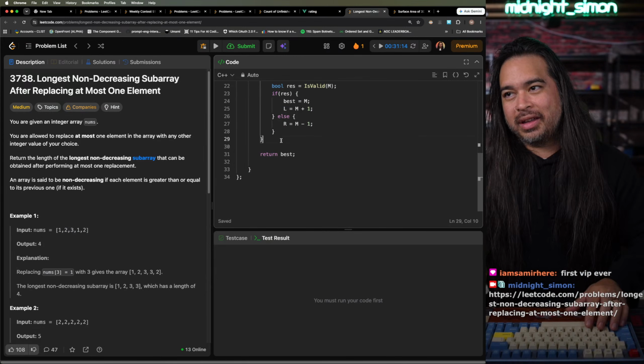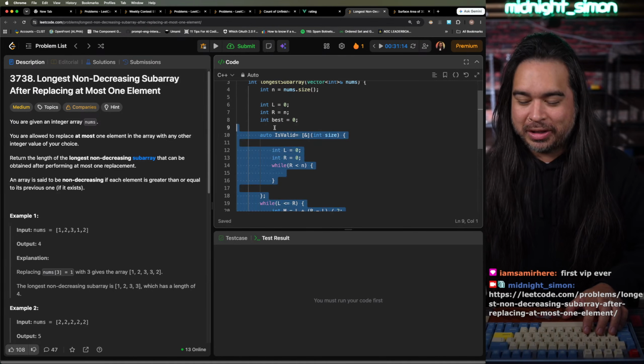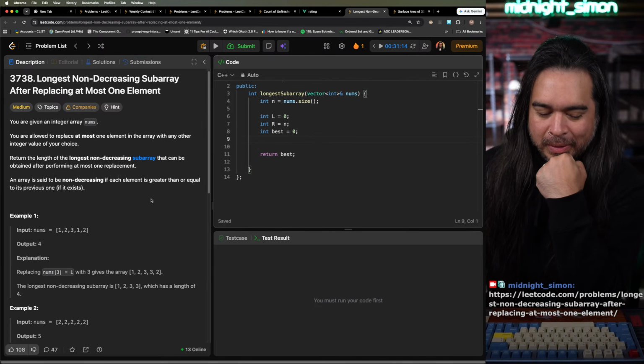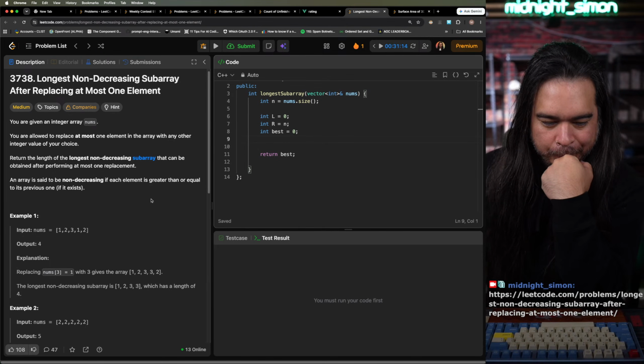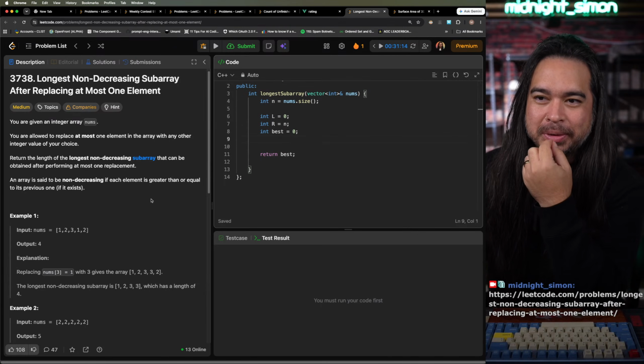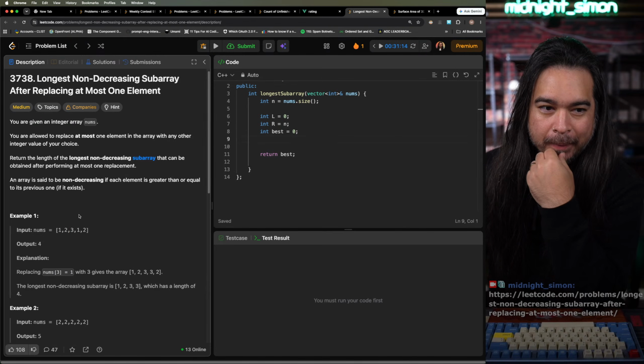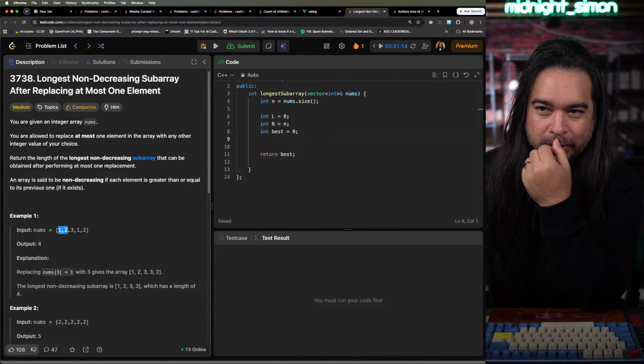Alright. I'm gonna change my mind on this binary search. I think it's kind of funky. I think it is possible, but I don't know if I want to try and implement that. So let me think of some other stuff. If I were to grow my window and I'm allowed